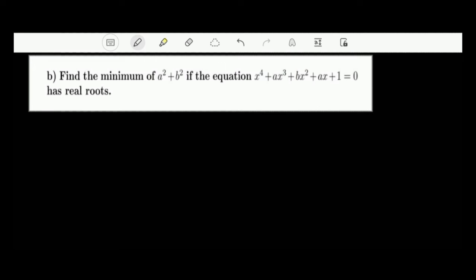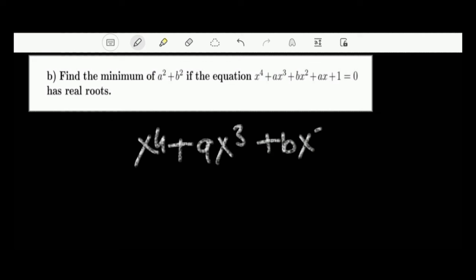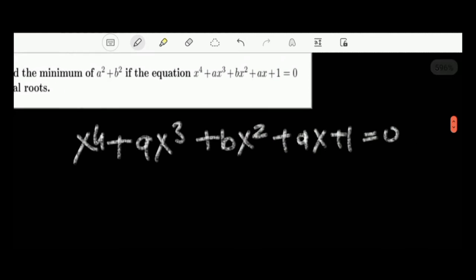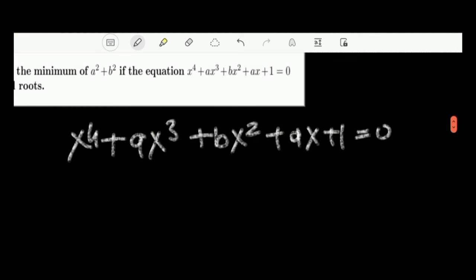We are given a fourth degree polynomial, which is x to the power 4 plus ax cubed plus bx squared plus ax plus 1 equal to 0. So this polynomial is itself very unique. You can see that this is very symmetric about this b. If you see, the coefficients are same,